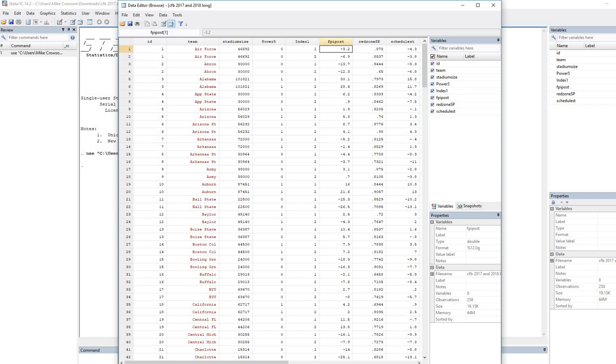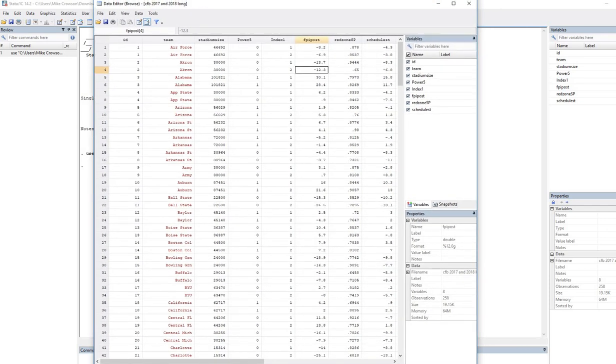So this is 2017, 2018 right here for Air Force. Then for Akron, we have 2017, 2018, and so forth. So it's organized that way all the way down. So that is our outcome variable. Our predictor variables are red zone scoring percentage and schedule strength. And you can see that these values differ across the years as well within teams. So there's Air Force red zone scoring percentage for 2017, 2018, schedule strength for 2017, 2018 for Air Force, and